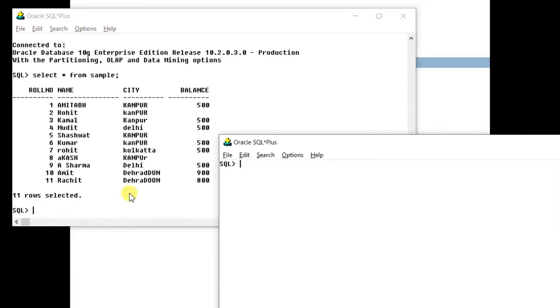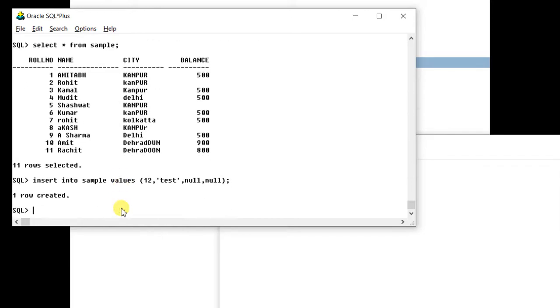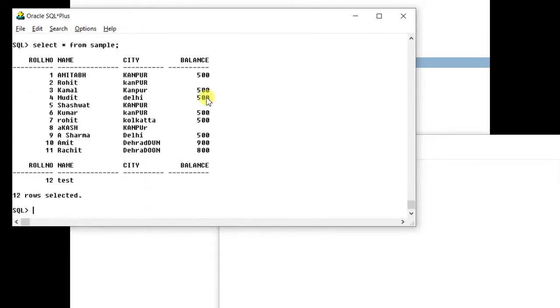For example, if I try to insert into sample values 12, comma, test, comma, merit, and I insert null, comma, okay. So you can see one row created, and you can see these two values are null.